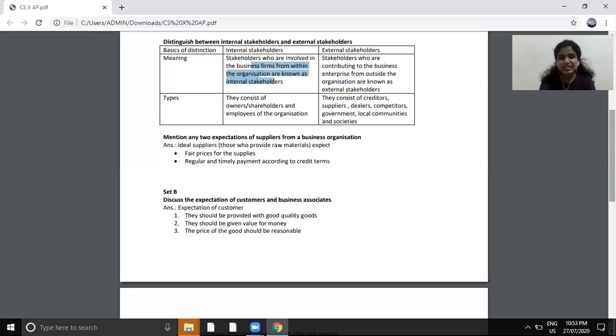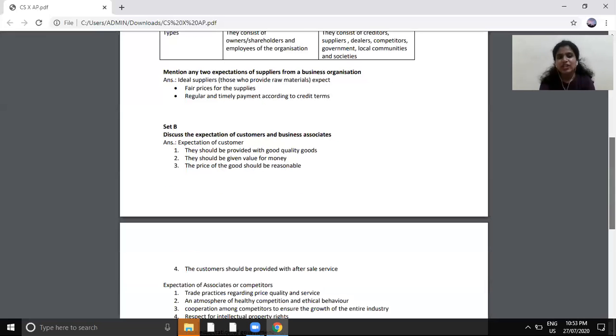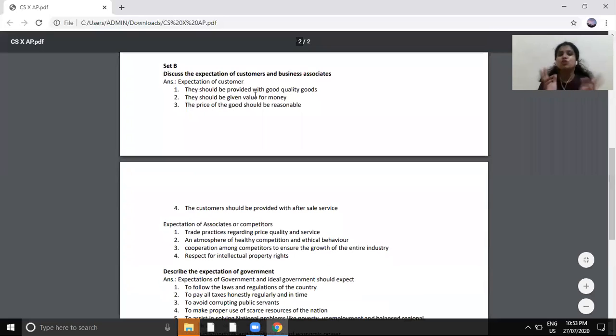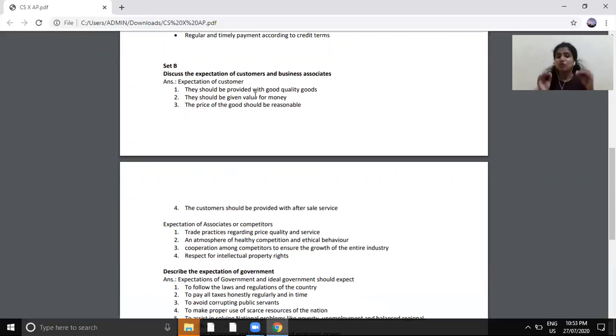The next question is question. Oh, okay. Now, this question comprises 2 parts actually, but it is not clearly visible that there are 2 parts. So you have to make sure that you read it correctly. Since it is asked that you have to write the expectations of customers as well as the business associates, you will write the expectations of customers are, write 3 points. Okay, write 3 points under it. Then write another heading, expectations of associates and competitors are,